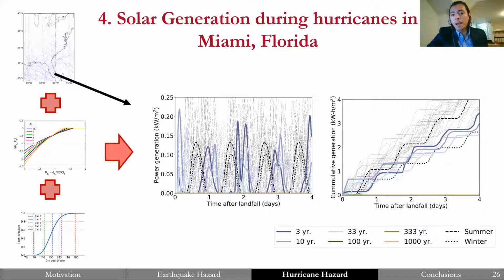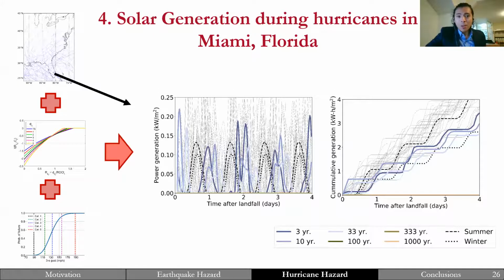You can see that several of the storms are going to be spread around this dashed black line, and that represents just the summer generation. And that's because several storms are not gonna be affecting as much generation at day 4 because they don't have as high wind or because the cloud conditions are not as bad. However, when you move to the 10-year return period and upwards, you can start seeing worse performance. Especially when you go to a 1,000-year return period, you can see that there is no generation, and that's because the solar panel failed because of the high winds in the hurricane.